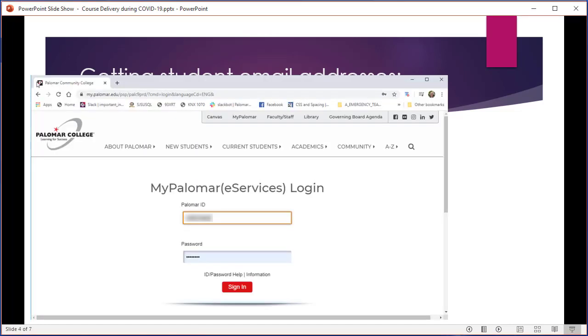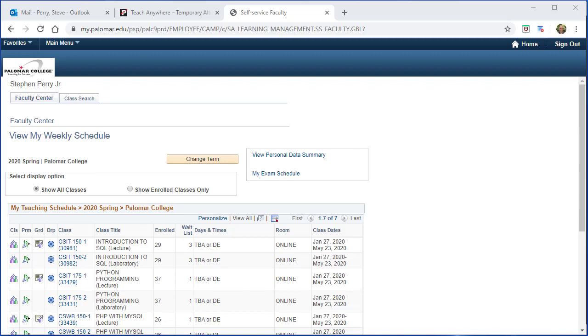So we're going to go through My Palomar to get on, and I'm going to do some of that online. I'm going to demonstrate that. As you see, you have your normal My Palomar eServices login. You put in your Palomar ID and your password, and you click that button. And that'll bring you to the Faculty Center, which for me is here. This is what I'm teaching in the spring